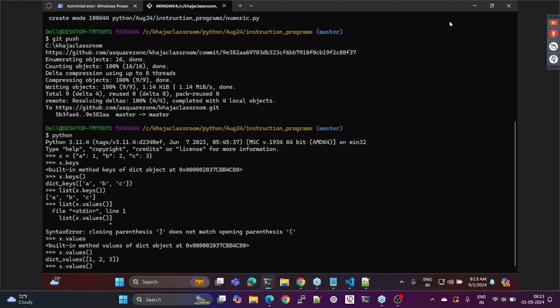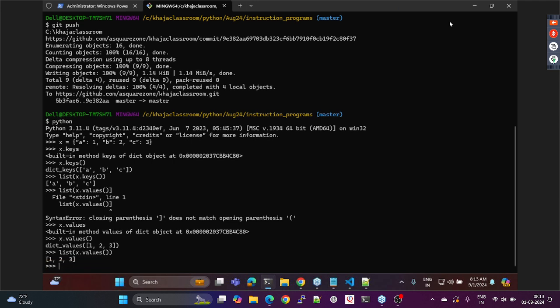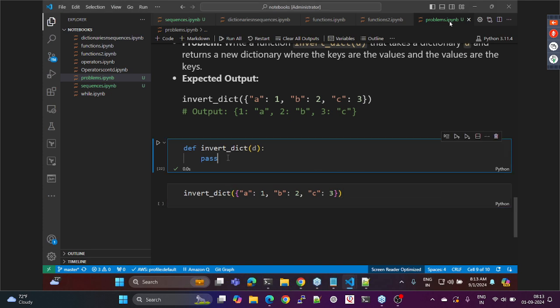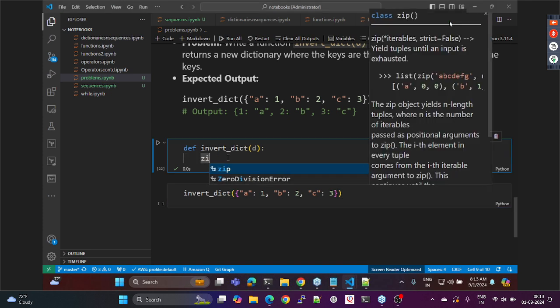Okay. Now let me try to convert that into a list of x dot values. Did I get 1, 2, 3? Okay. Now all I need to do over here is return